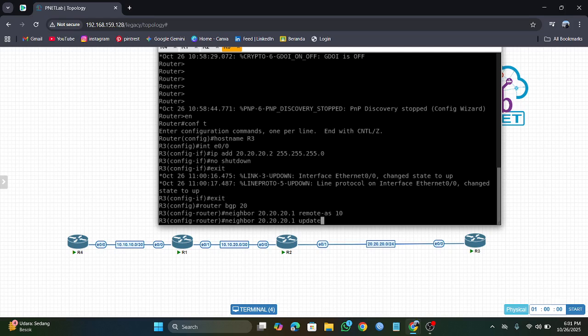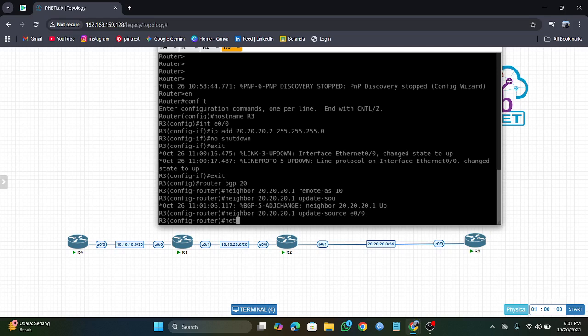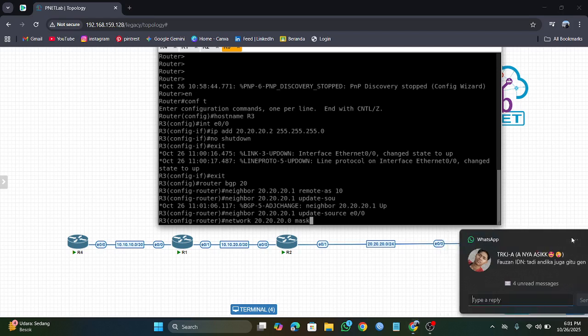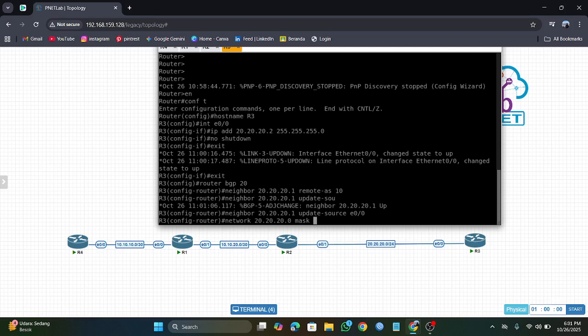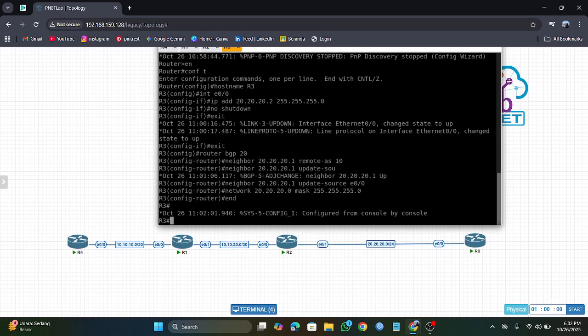Tap update source interface A0/0 and enter and you tap network again, subnet mask, okay, enter and you tap N. Okay, next you tap write memory.